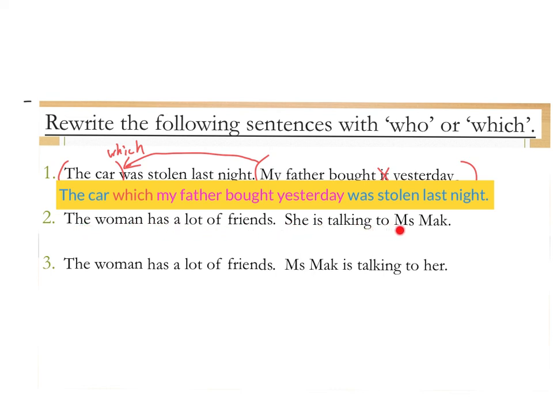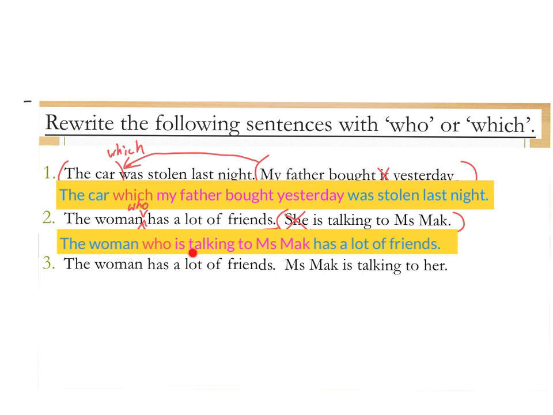Next, the woman has a lot of friends. She is talking to Miss Mac. So, this part tells you more about the woman. So I put this part behind the woman, and then I have to add who, because the woman is human being. At the same time, I have to delete the woman in the sentence like this. Then the sentence becomes, the woman who is talking to Miss Mac has a lot of friends. 嗰個呢，同阿 Miss Mac 傾緊偈個女人啊，有好多朋友㗎。